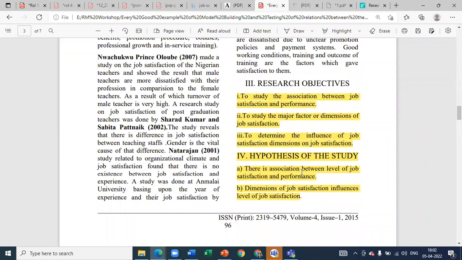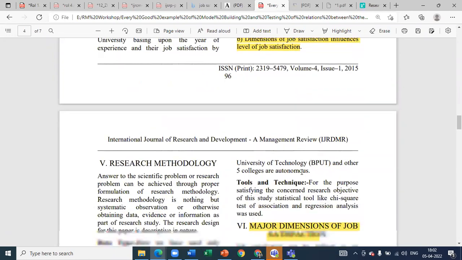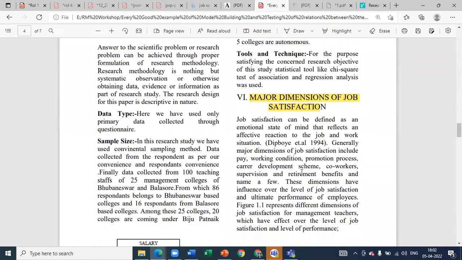This is how you derive your hypothesis. चलो आगे पढ़ते हैं। ये आया उनका स्टैटिस्टिकल टूल, उन्होंने बता दिया था कौन सा, chi-square test यूज कर रहे हैं, रिग्रेशन एनालिसिस। Whenever तुमको रिलेशनशिप फाइंड आउट करना है, कोरिलेशन फाइंड आउट करना है, तो रिग्रेशन तो बनता ही है, लगता ही है। ओके, और ऑब्जेक्टिव्स जब मैं बना रही हूँ तब आपको बताऊंगी कौन सा वर्ड ऑब्जेक्टिव में बता देता है, कौन सा टूल लग रहा है। आगे पहले तो यहाँ कॉन्सेंट्रेट कर लेते हैं। अब मेजर डायमेंशंस ऑफ जॉब सेटिस्फैक्शन, अब डायमेंशन सब यहाँ पे बोले हैं।